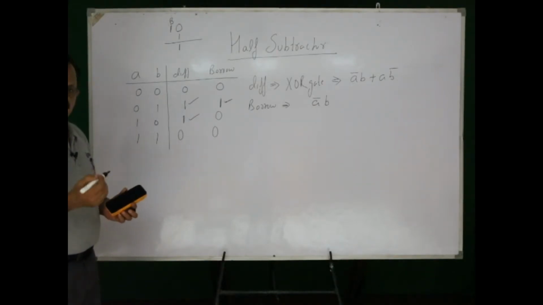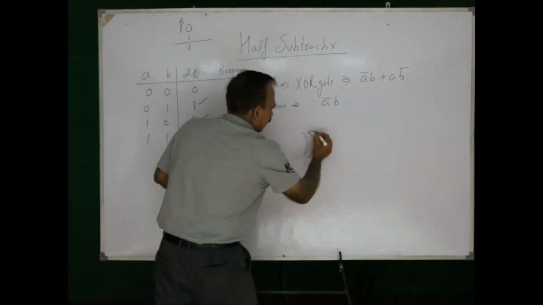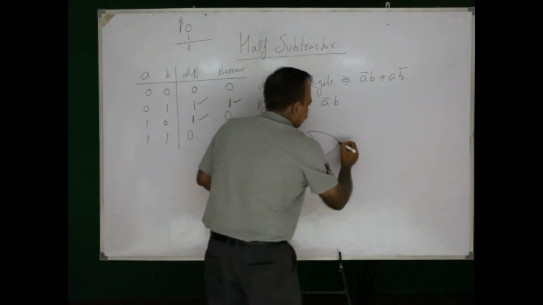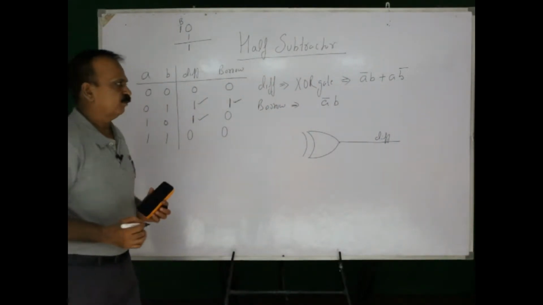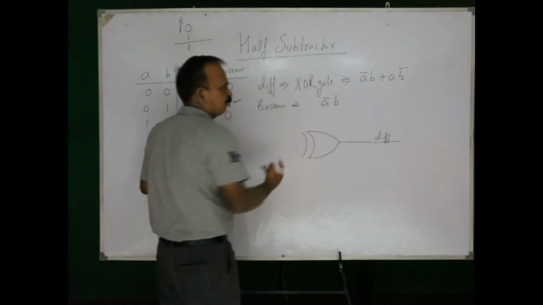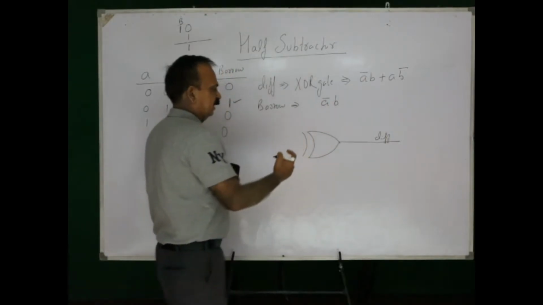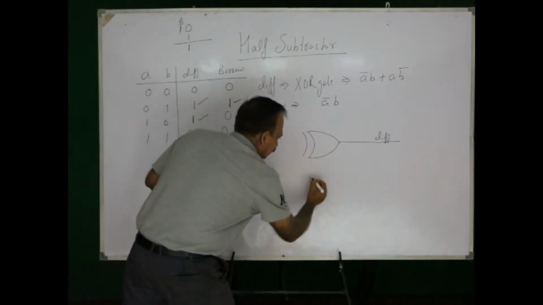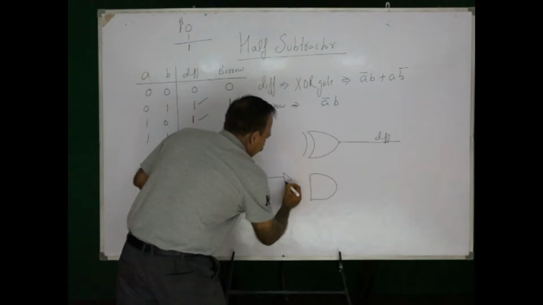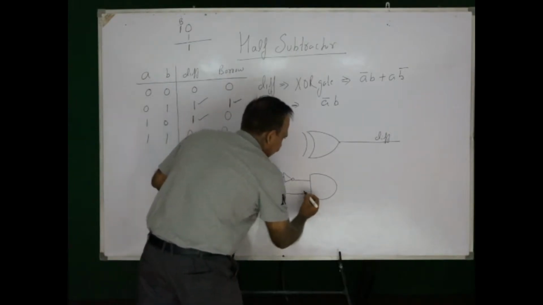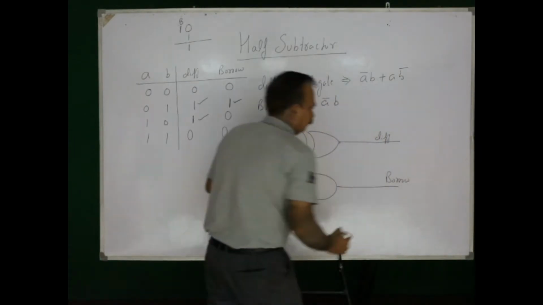We will be drawing the circuit diagram for this. Say the first one, this is an exclusive OR gate. I am implementing this exclusive OR gate and the output of this exclusive OR gate will be the difference of A minus B. The second is A bar B. Now, for bar I need a NOT gate and for multiplication an AND gate is required. So, the requirement of gates is one AND gate and another NOT gate, and this is A bar B and this value will be nothing but representing borrow.